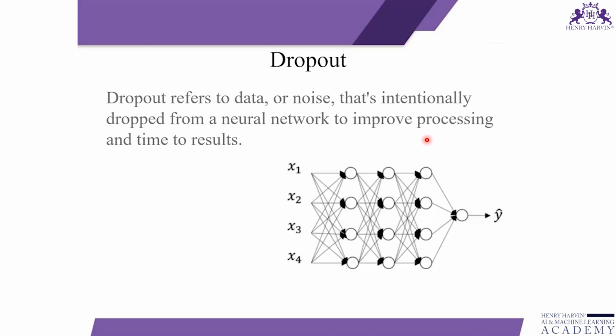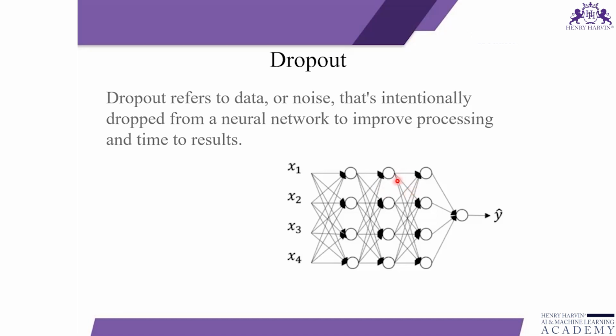And let's look at the intuition of how it really works. If I have four input features and four hidden nodes in each one of these three layers, let's say this is H1, H2, and H3, how does dropout work? It randomly switches off some of the nodes while training your model. And what does it really mean?